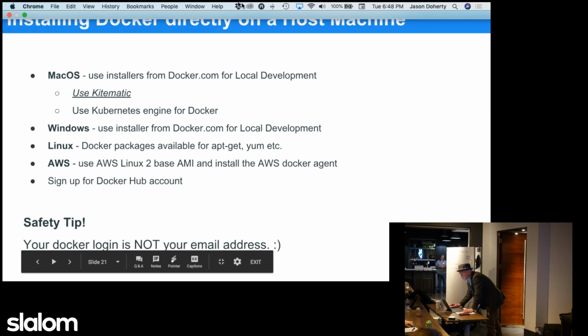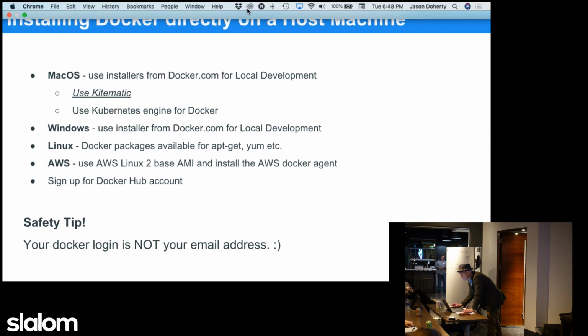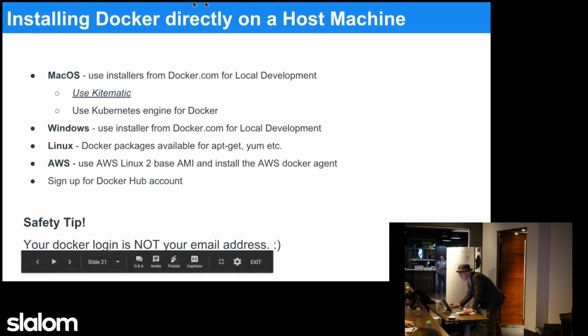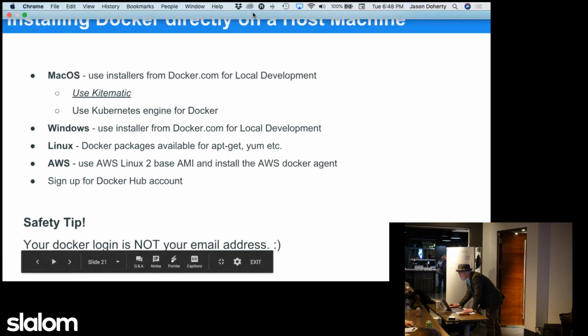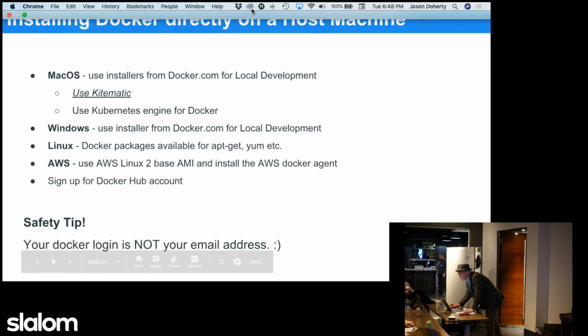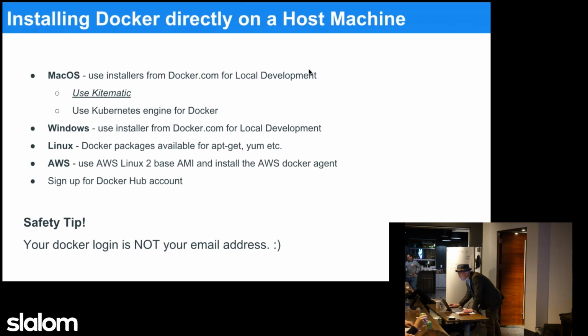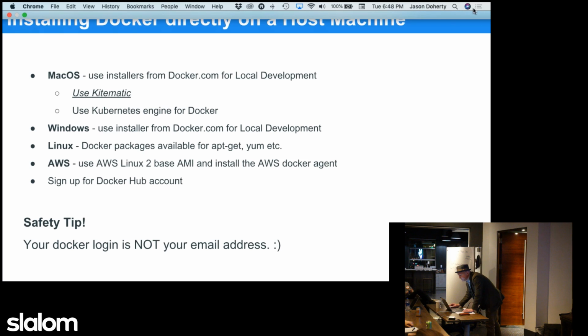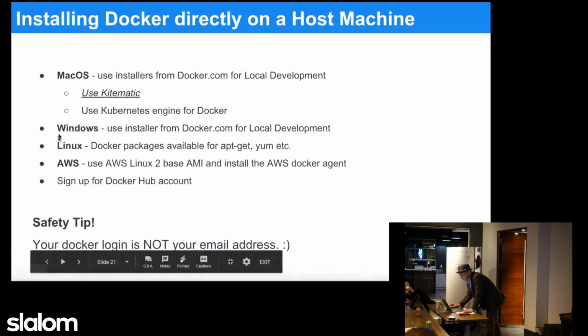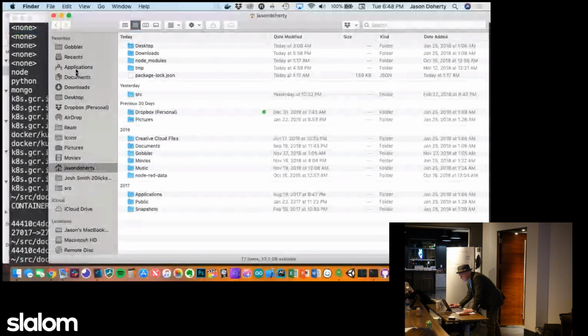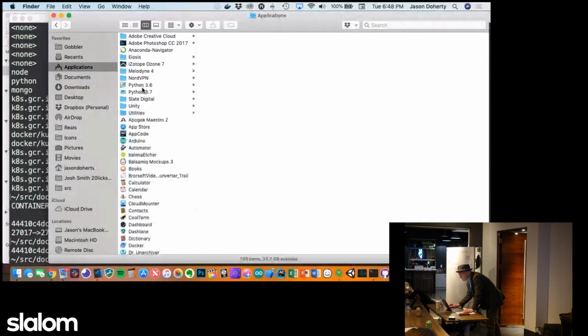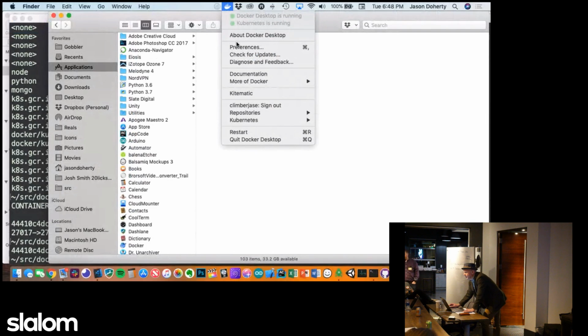So where'd my little Docker thing go? Apparently I don't have enough screen real estate to pull up the... I'll have to pull this up on the break. I don't even know how to get to the other things that are on the top toolbar. Switch to the Finder. To Finder? Yeah, that'll free up some space. I'll just come through here. Let's see, you can see it now. Oh, okay, there we go. Cool. Yep, so under here we've got,